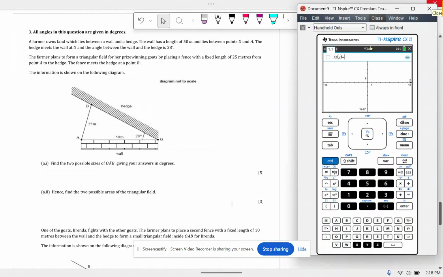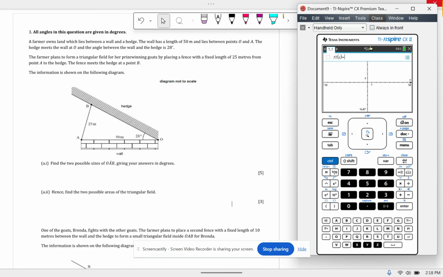A farmer owns land which lies between a wall and a hedge. The wall has a length of 50 meters and lies between points O and A. The hedge meets the wall at O, and the angle between the wall and the hedge is 28 degrees. The farmer plans to form a triangular field for her prize-winning goats by placing a fence with a fixed length